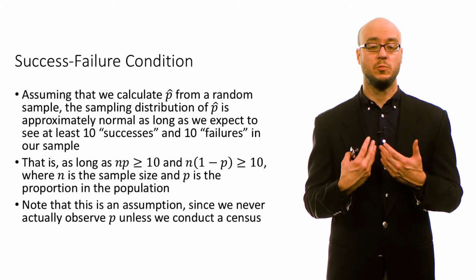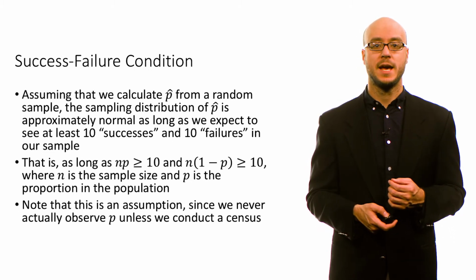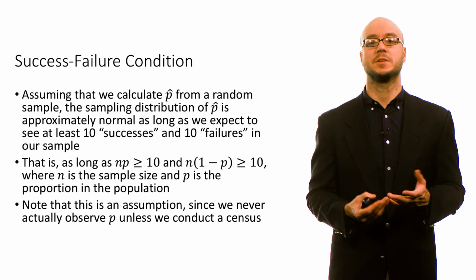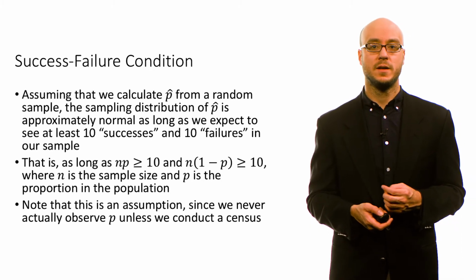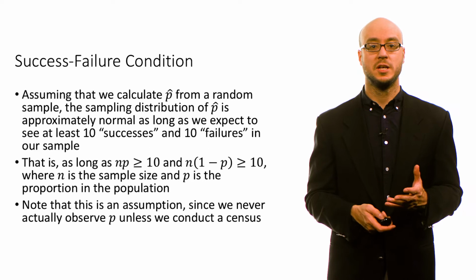Then we can say that we can treat the sample proportion as a sample mean, and the sampling distribution of that sample proportion is approximately normal. Now the key point here is that we do not actually observe P. If we did, we would have a census, we wouldn't have to do any inferences. P is the proportion in the population. We know the sample size, lowercase n, but we do not know the population proportion P unless we conduct